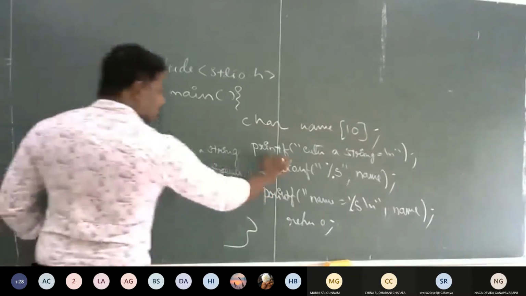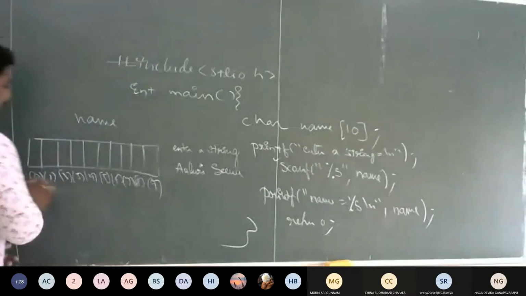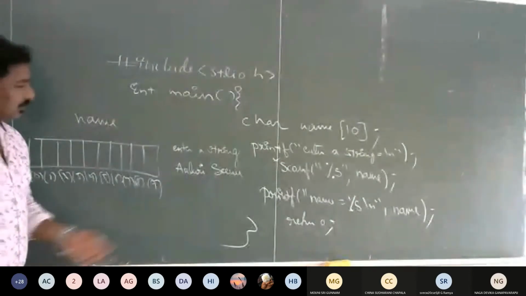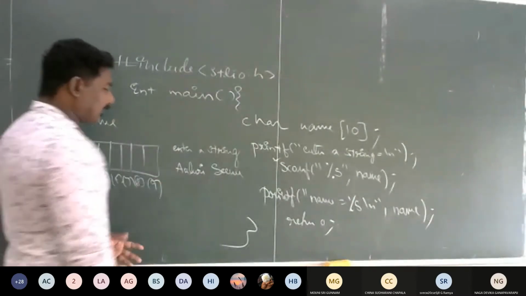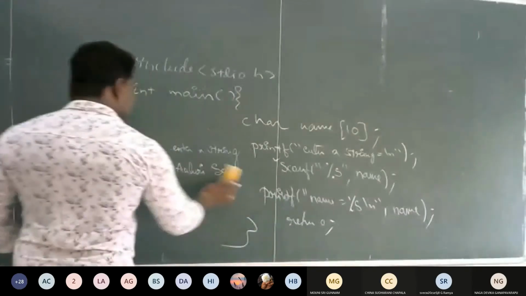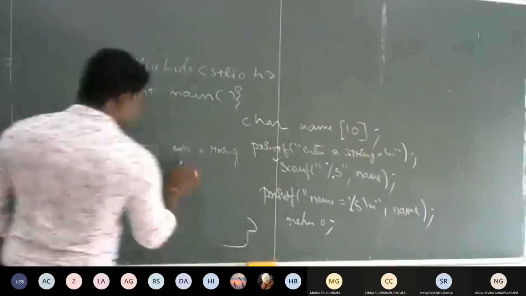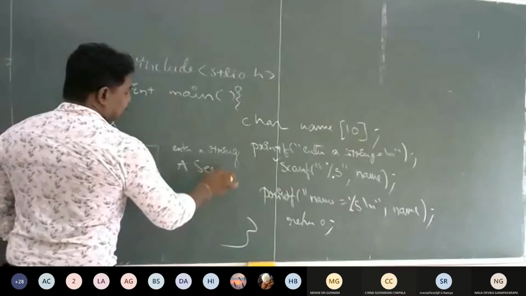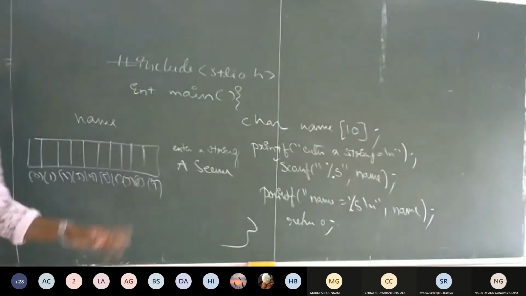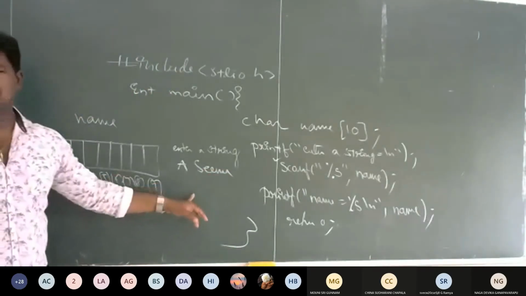And this will be read and put over here. So this is too long actually, so I will enter it as A space SENU, right? That will be better because I have so many characters in my name.